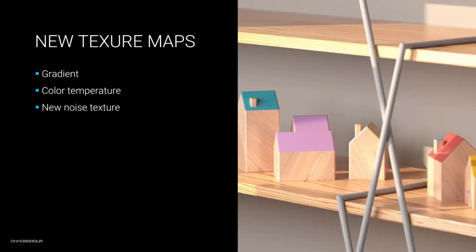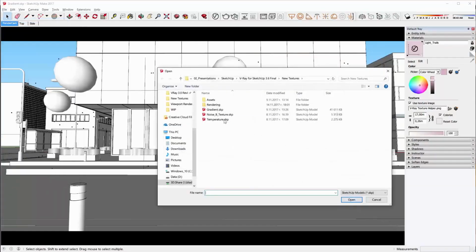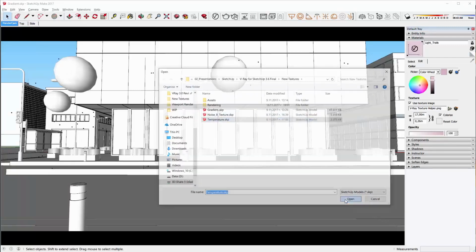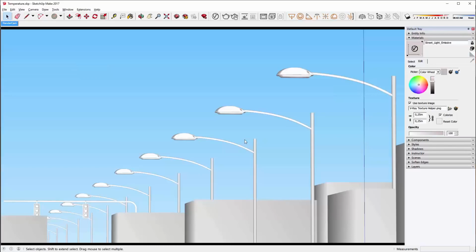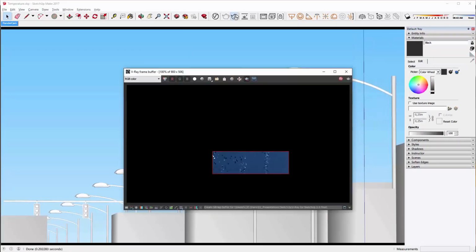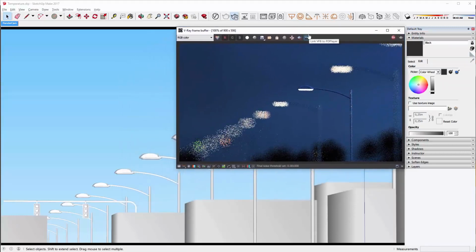Next, I'm going to show you the color temperature. So I have a different scene for that as well. Let's go and open it right now. This is the temperature scene. Nope, I won't save the changes. So let me remove the region here so we see the whole thing.